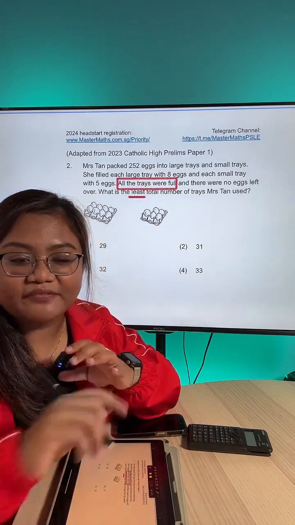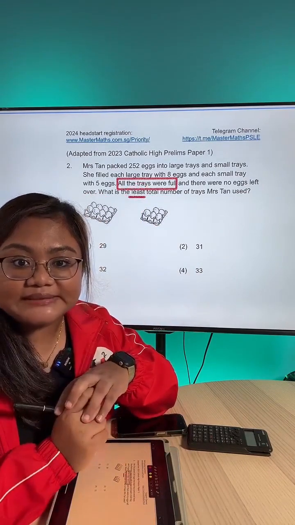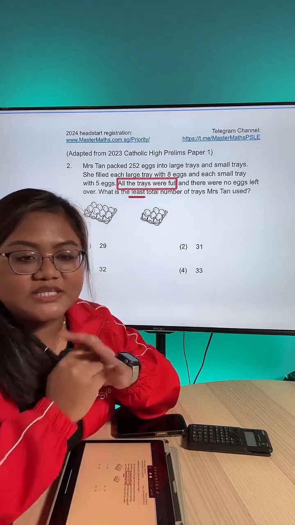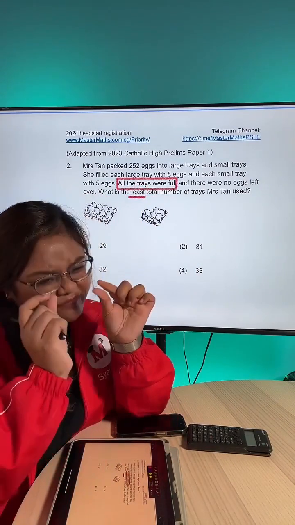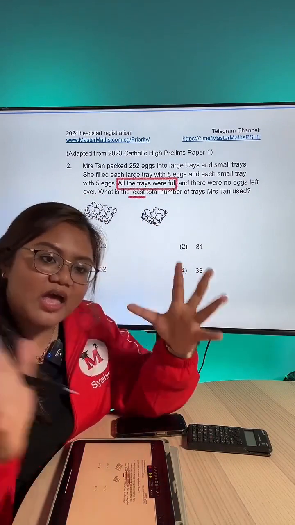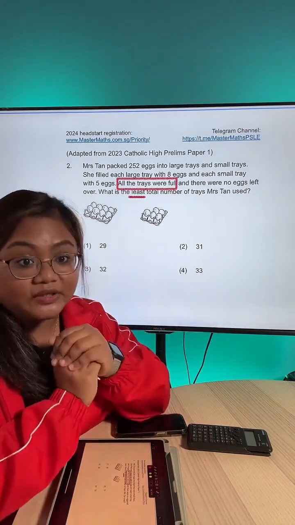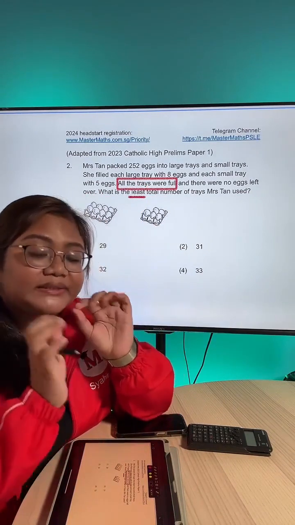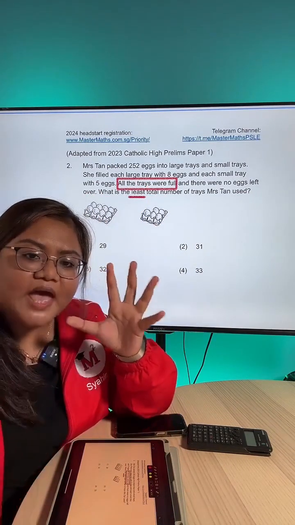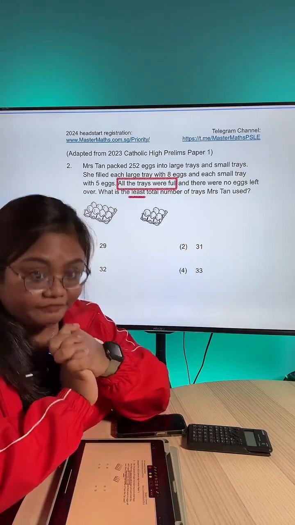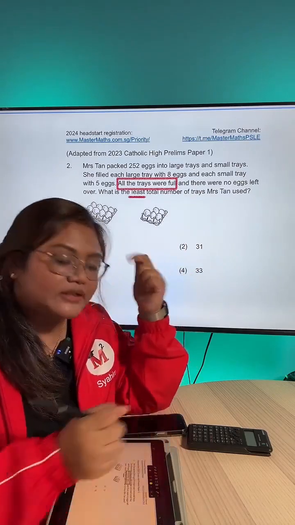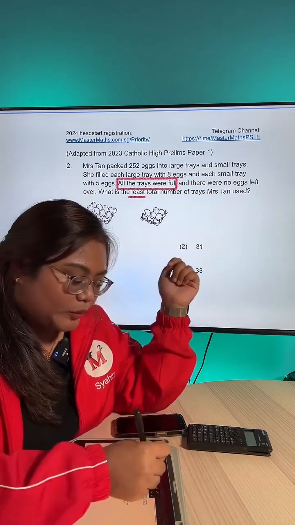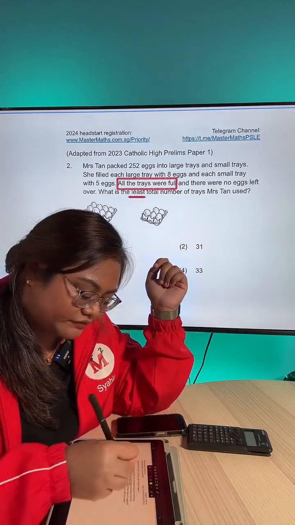Right, some of you have typed it in. Those of you who are saying as many bigger ones as possible, you are right. Because I want very little tray, I will put everything into big containers first. Okay? That is my thought process. Since I want the least number, I will put everything into bigger trays first. Okay? So with that thought in mind, we will take 252